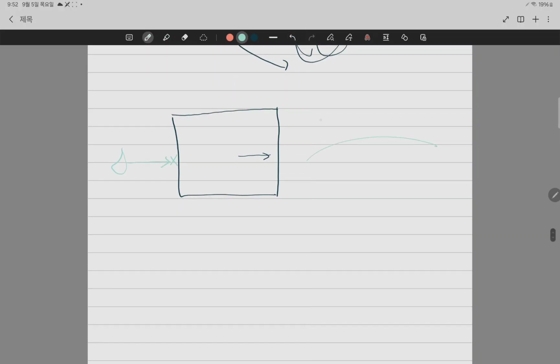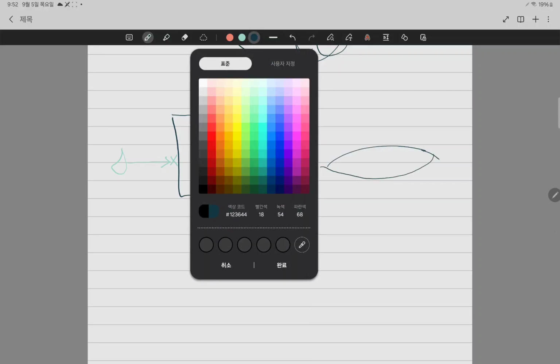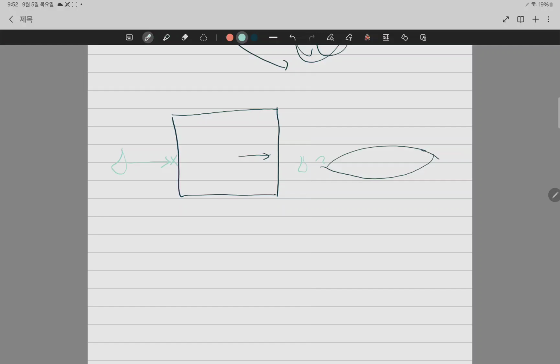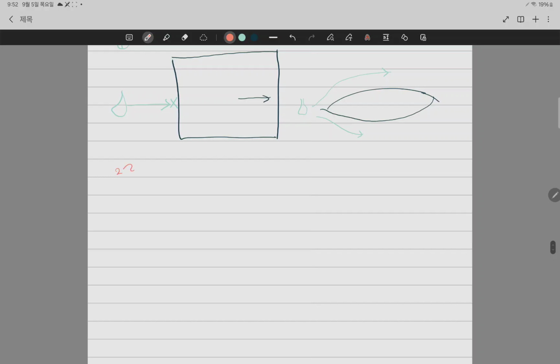However, when you make the shape generally streamlined, the water particle would not just stop, but actually carry on moving, which is one benefit of having it. Second benefit of having